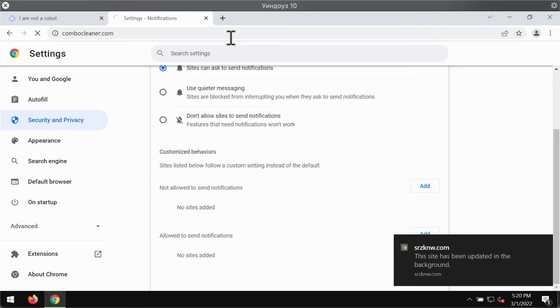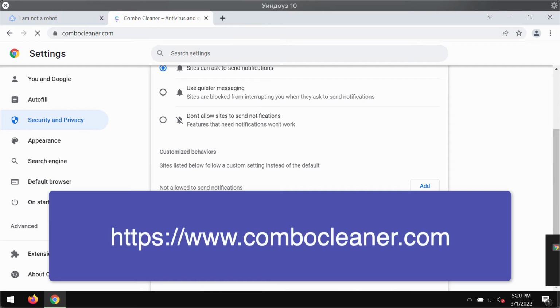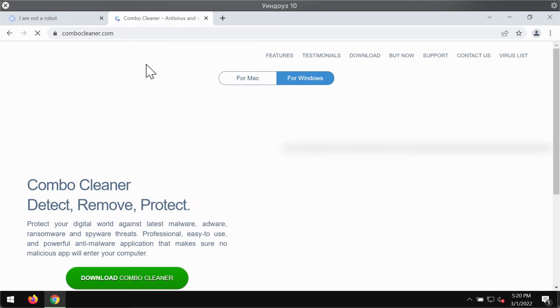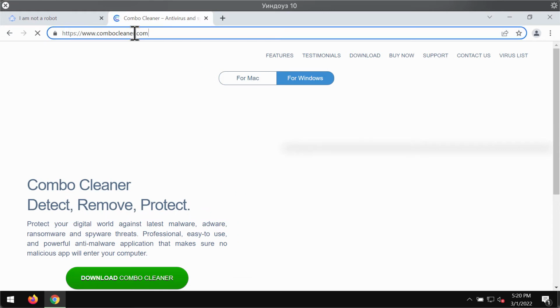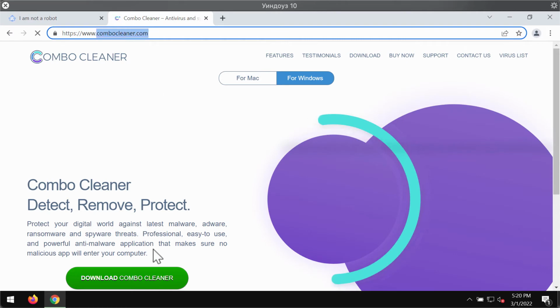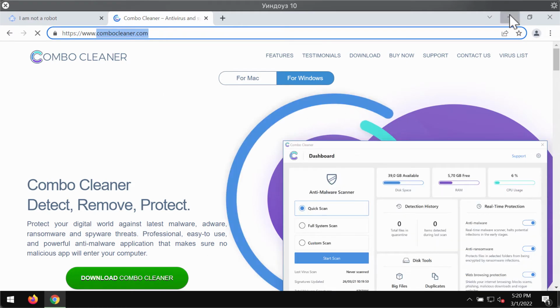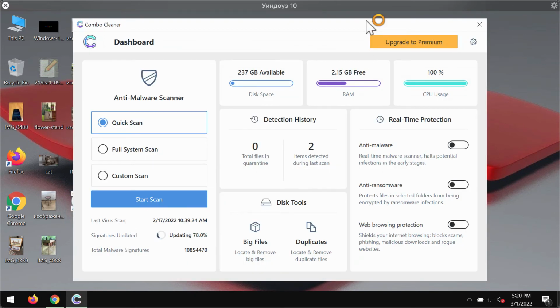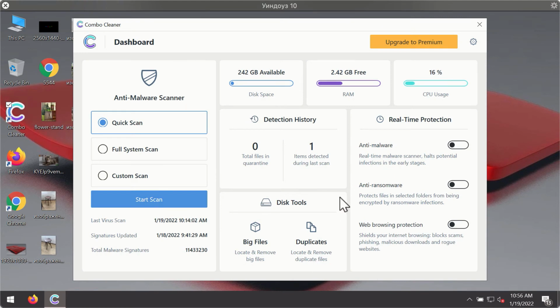To make sure that your computer is free of other hidden threats, I would recommend scanning it with Combo Cleaner Antivirus. Please get its fresh version on the website combocleaner.com, download it, install the software, and then start researching your device with its help. After you have successfully downloaded and installed Combo Cleaner Antivirus, it will be in the trial